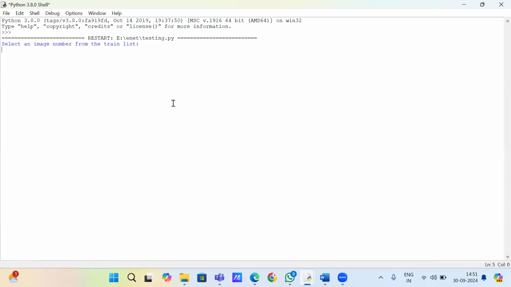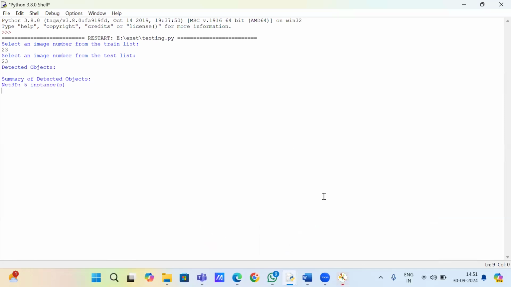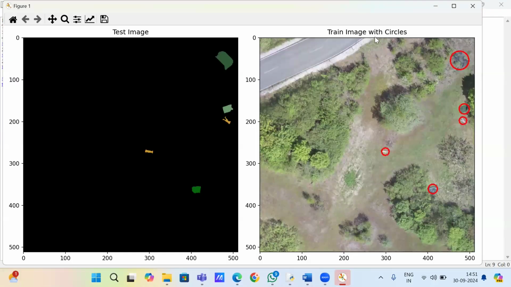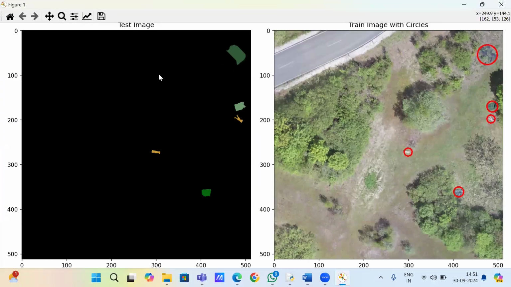Now select an image number from the train list. Our photos consist of a total of 54 images, so you can enter numbers between that. I will enter 23. Select an image number from the test list. Again, it's 23. Now you can see that the green mat is marked here.